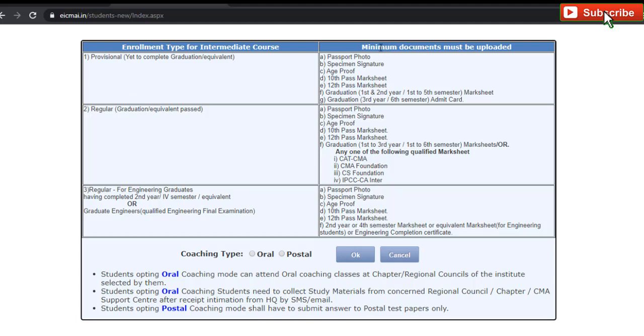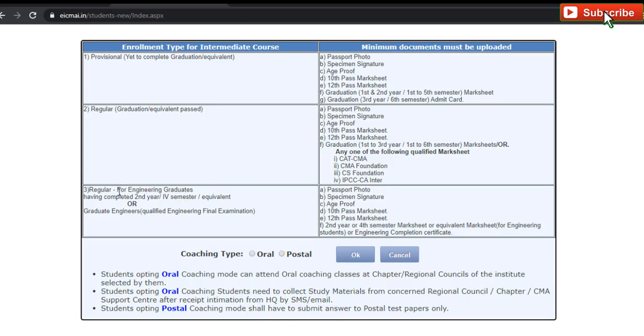Or for provisional, 10th, 12th, graduation, you should be in the last year of graduation or in the 5th semester, and you have to attach your 3rd year mark sheet, last year mark sheet, or 6th semester mark sheet after a certain period of time. Currently only the admit card is required. With only the admit card you can register here. However, you have to present your mark sheet whenever you get it.